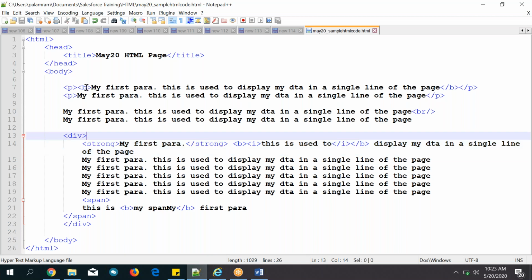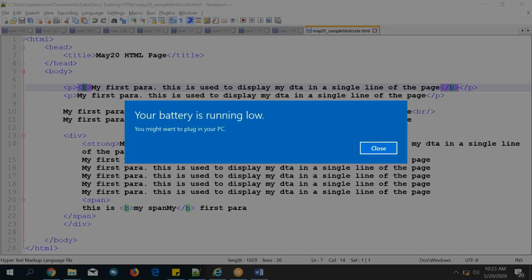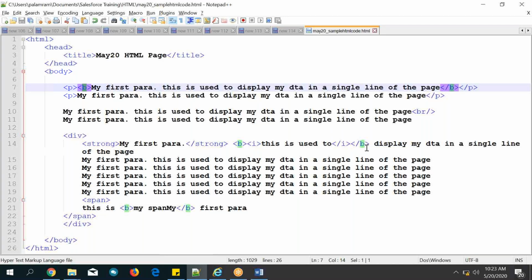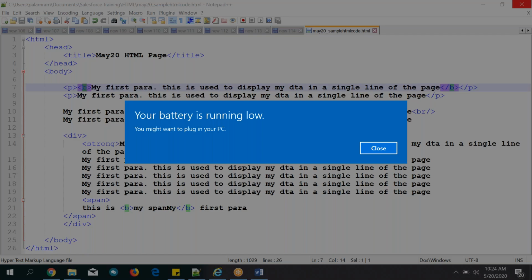Suppose you think about the bold tag, what will it do? It will convert your text into bold, right? So that's how the bold tag works. The same way, if you remember how the title tag works, it will display your text as the title of the page.